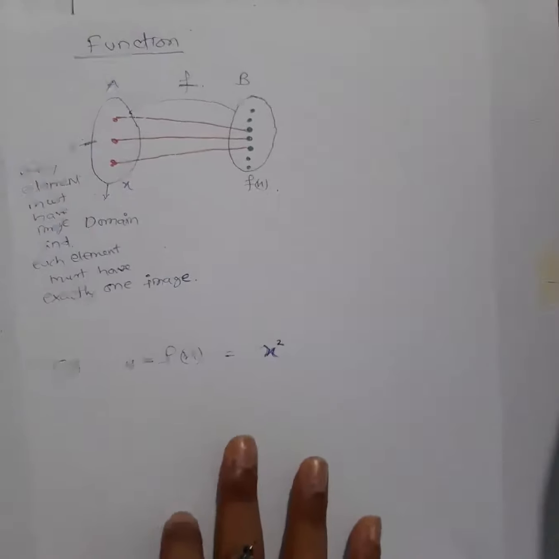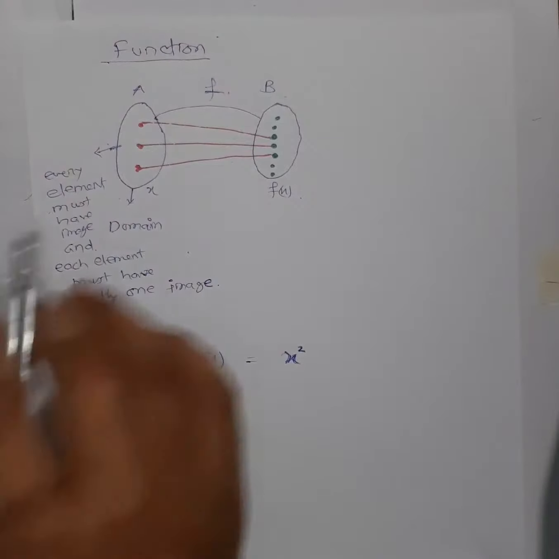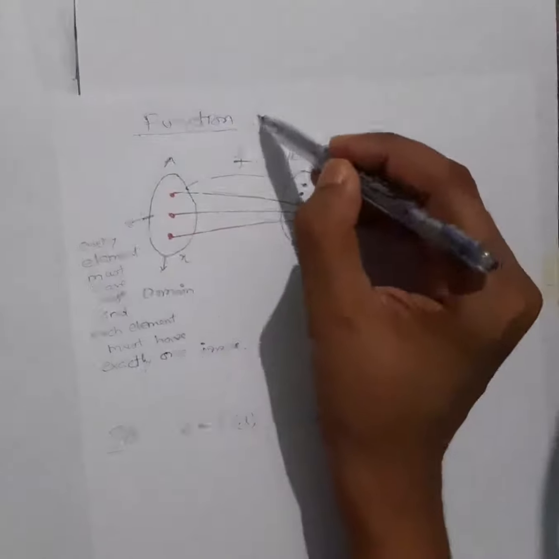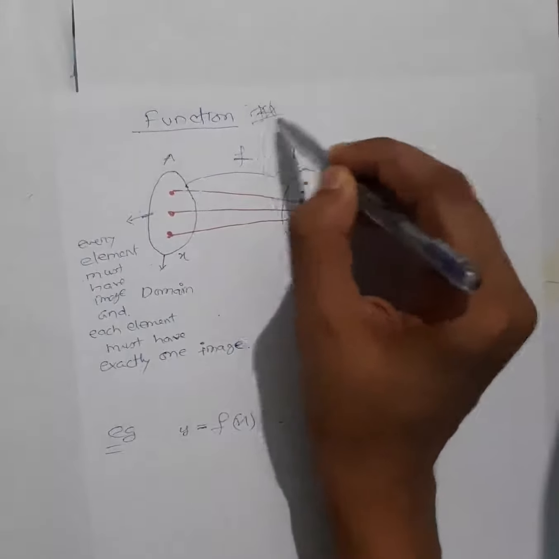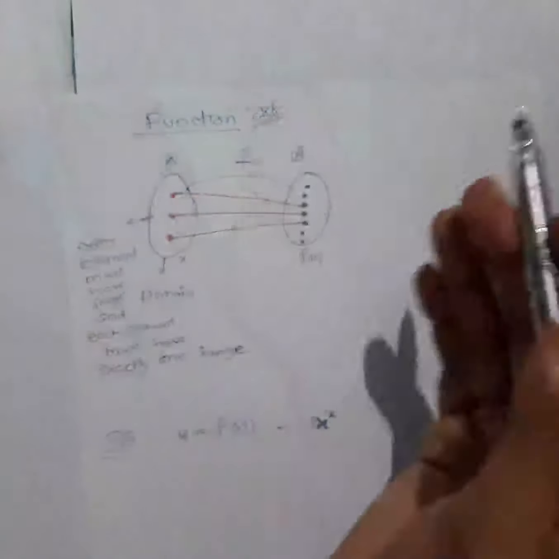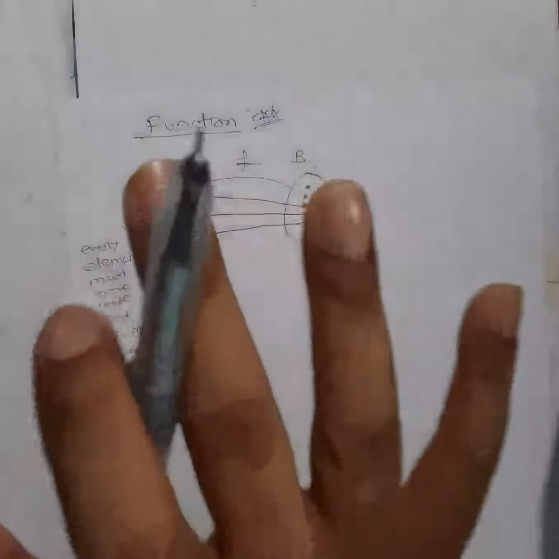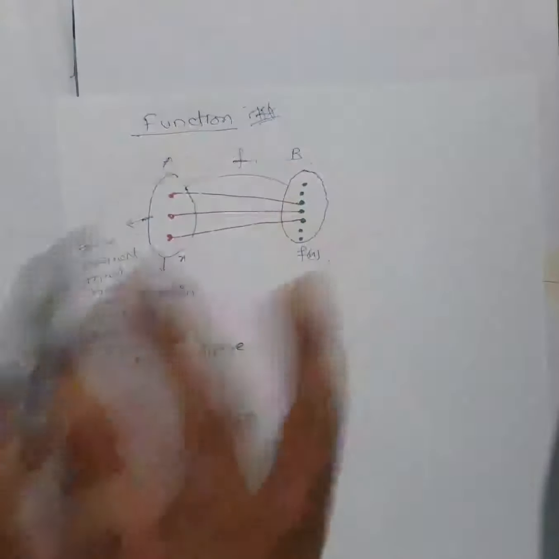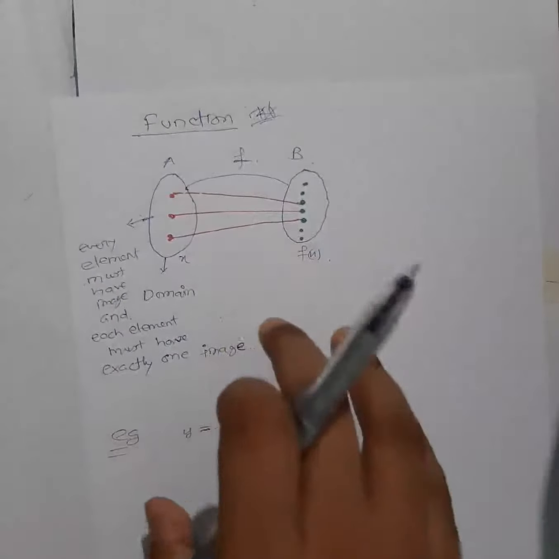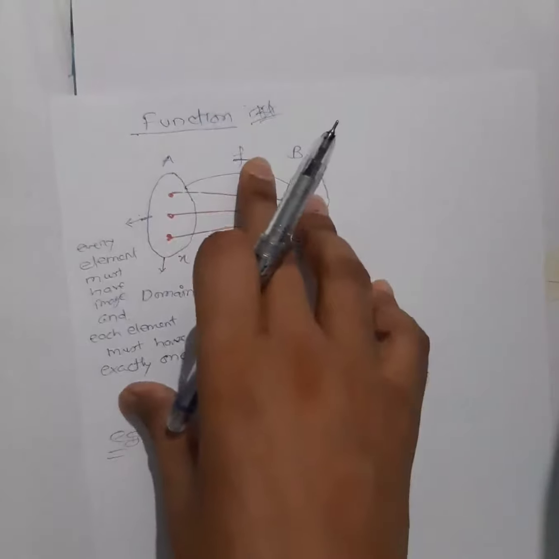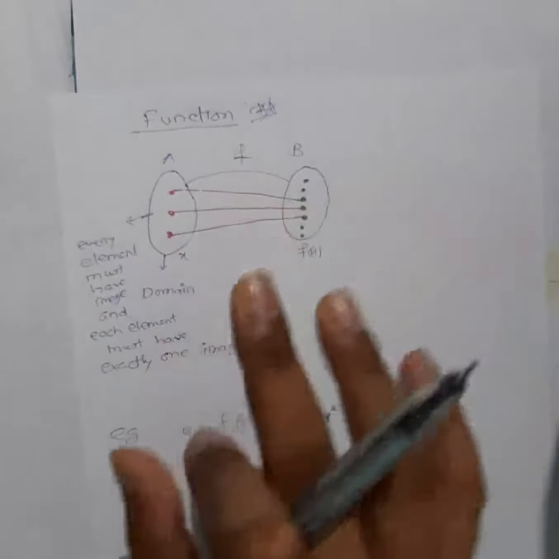Okay students, so in the last class we studied what a function is, right? Now this is a very important topic and we will discuss it again in class 12 also. In class 12 we will continue from wherever we leave off here. So it's very important to understand function here itself. All the definitions you have to make clear, and every property must be clear here.